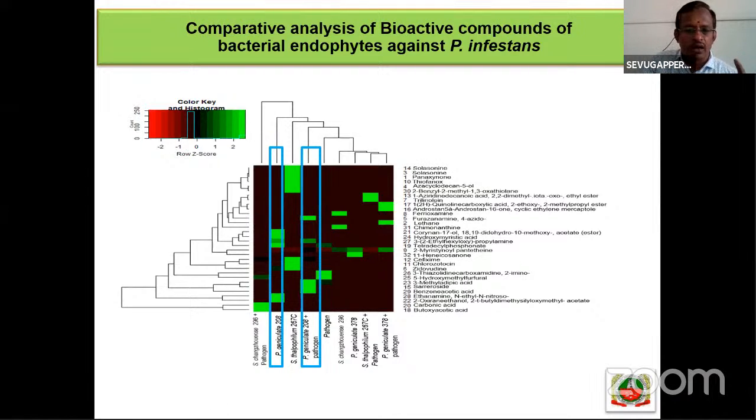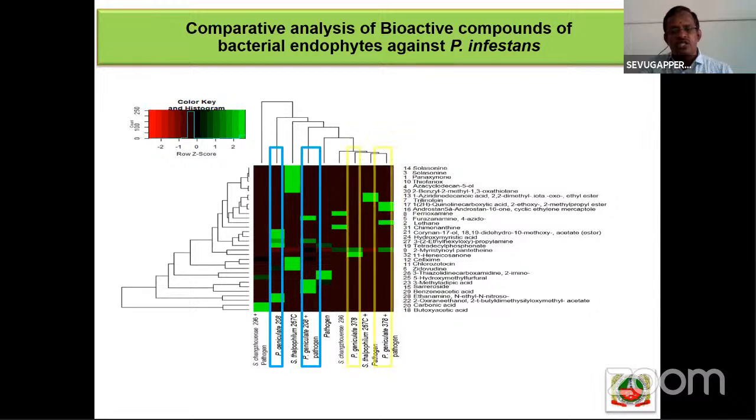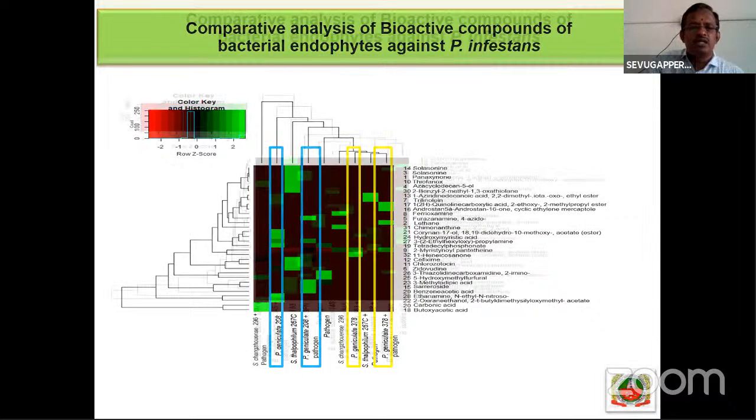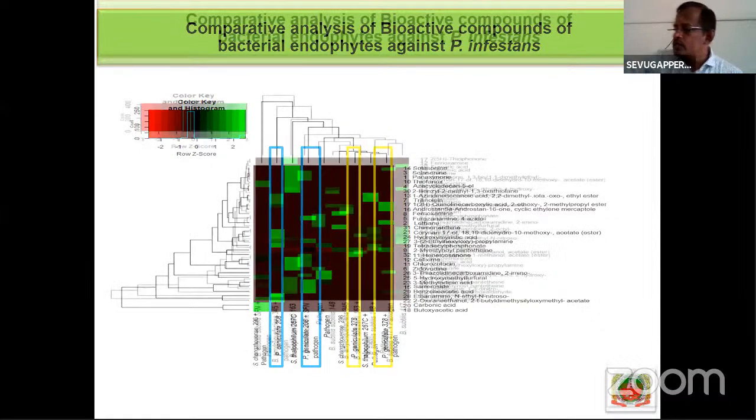In that case, a non-pathogenic Pseudomonas, which is Pseudomonas geniculata, can be used. It is also found to be responsible for the suppression of the biomolecule produced by the pathogen, which is responsible for causing the pathogenicity reaction. So that has been reduced here. Next is Staphylococcus thalphophilum. That was also found to be another interesting and new organism, which can be used for the management of late blight of potato. So this is the case